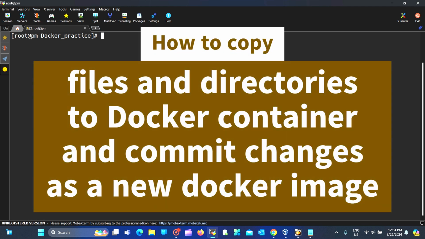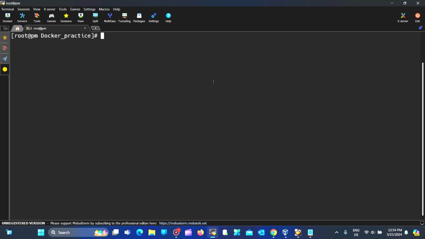I'm Kayum, and in this video we are going to learn two tasks on the Docker container. First one is how to copy your host files to the Docker container, okay? And after that, if you want to commit the changes, okay? So for that, for example, if you had created some files, or copied some files or directories or packages